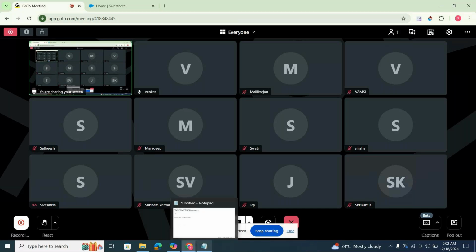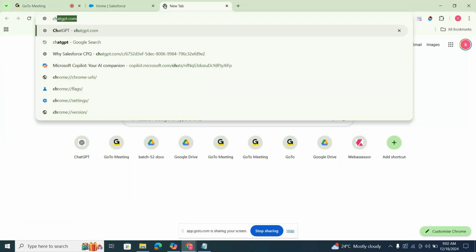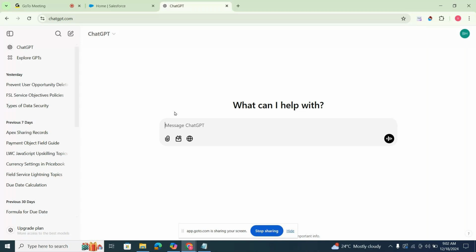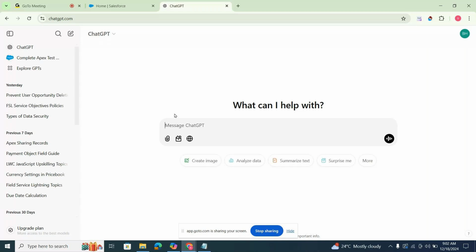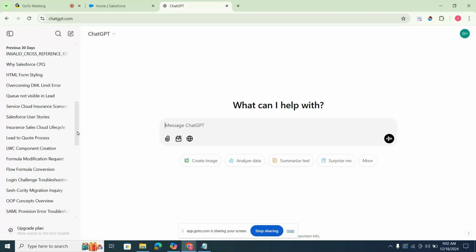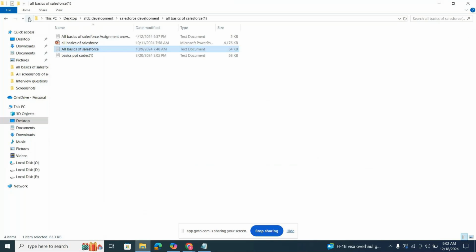Also, compared to other technologies, the things here are easy. For example, let me show a real-time requirement in the AI tools. Everyone able to see ChatGPT? I think everyone is using ChatGPT for your admin work. I'm saying again to everyone, because we are in the AI generation, try to use AI. Even if you know the things, try to use it, then you'll learn how to use this AI.